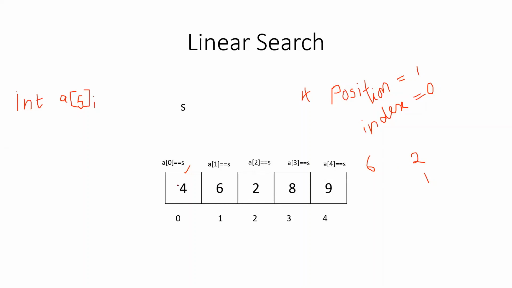When you stand in a line, the one standing at the front will say his position is first. The second one is second. So it will just count and see which position, right? This is the first position, which means this will be the second position. You don't see an index number when you're talking about position. Third position, fourth position, and fifth position. But the computer will understand only the index number. So with the index number only we can get the number at index number 0. If you do that, it will return 4.